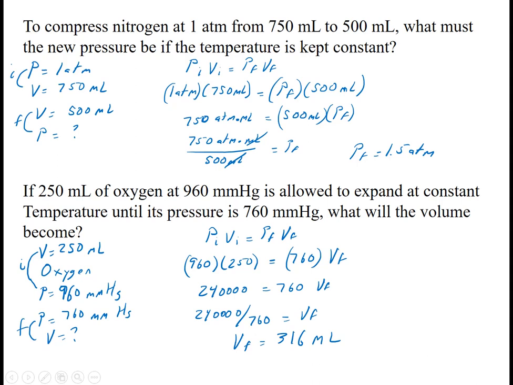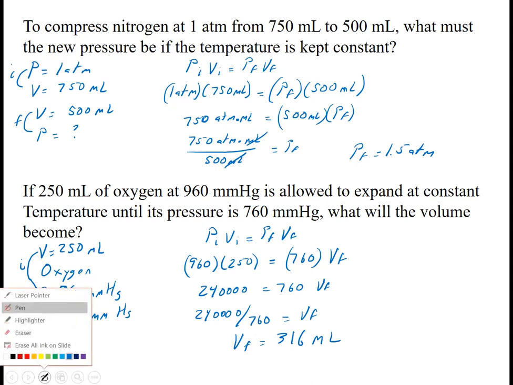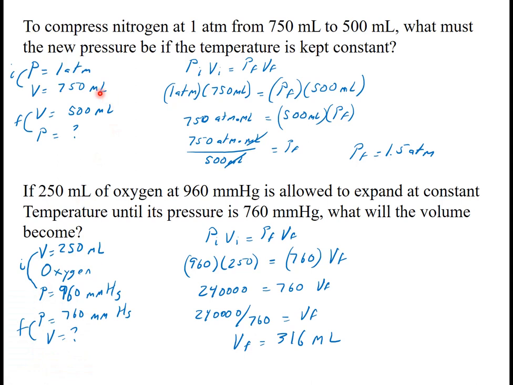Now I meant to stop and point out the fact that I want to double check what happened to my volume in this problem up here. In my first problem, my volume went down. So if my volume goes down, what should happen to my pressure? The pressure has to go up, and so it did. It went from 1 atmosphere to 1.5. So if you're working out problems on the homework, on the test, and you want to check these out, then I suggest you take a second before you do the calculation and see,